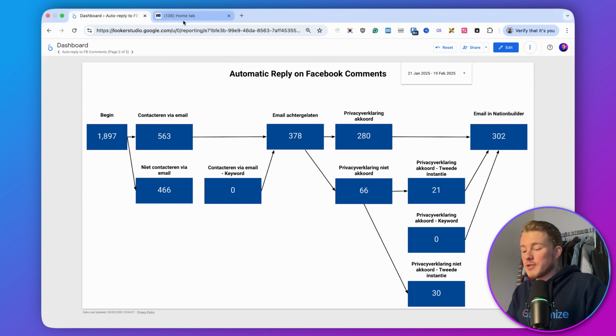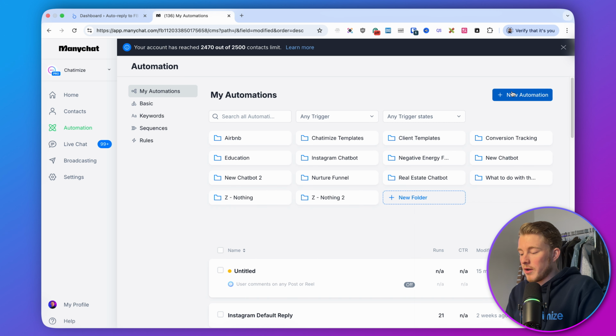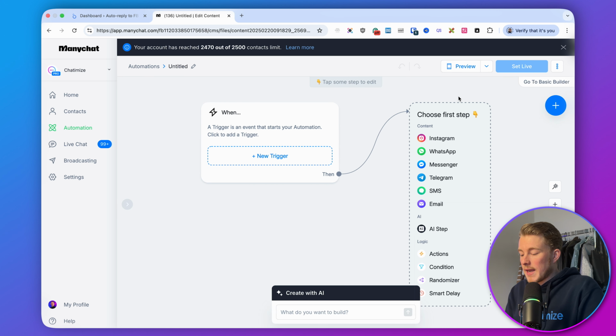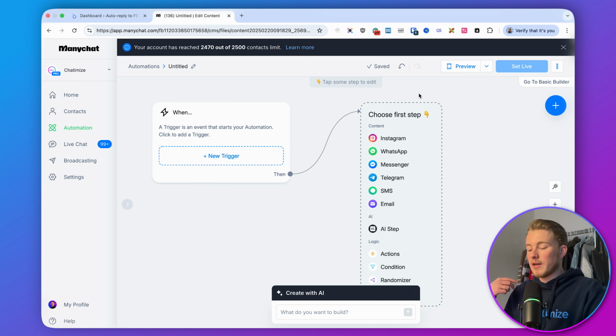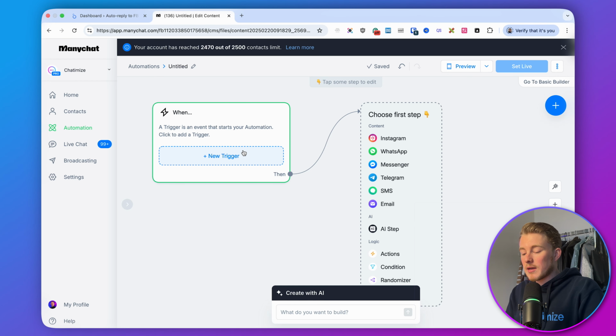So if we head over to Manychat, then I can just create a new automation. So here I can click on new automation. And then here, the first thing that we need to do is we need to add a trigger. So we want to start this messenger conversation basically when anyone comments on any of our posts. And we can do that by adding a trigger. So here I can click on new trigger,